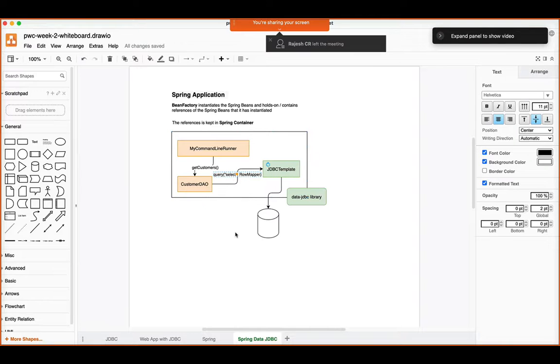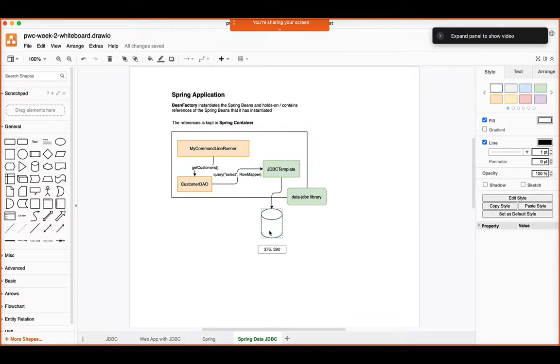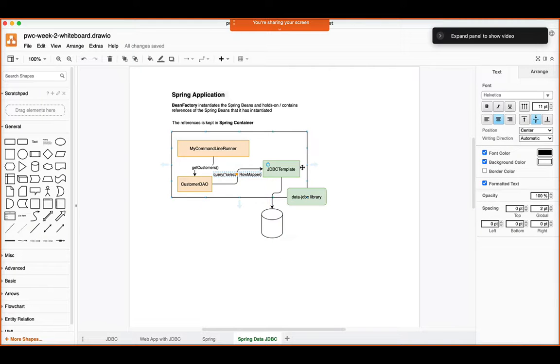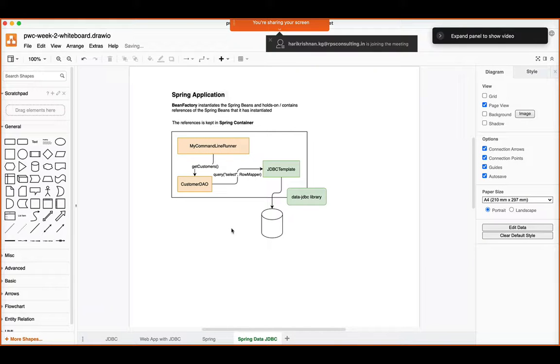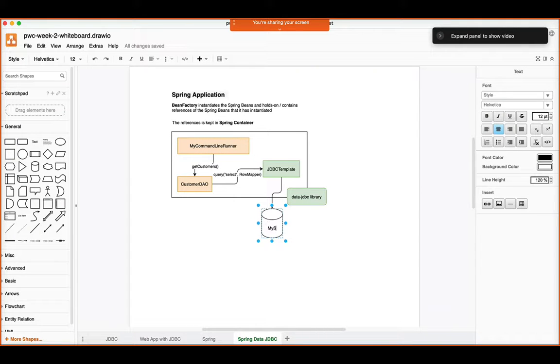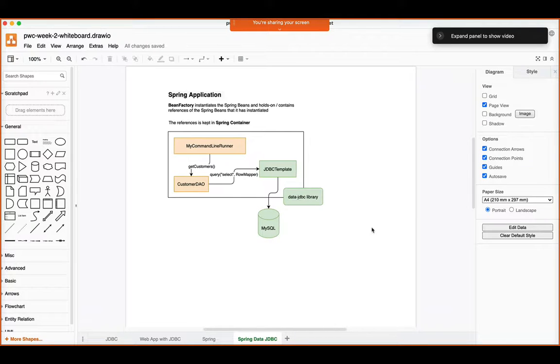How would you want to process each and every row that JDBC template retrieves from the database? JDBC template will invoke the row mapper as a callback handler and execute the implementation that you have provided, and it returns to you the list of customer objects. This is how it works. This is your MySQL database. Right, friends? All of this is the part of your database. Got this? This is how it works.